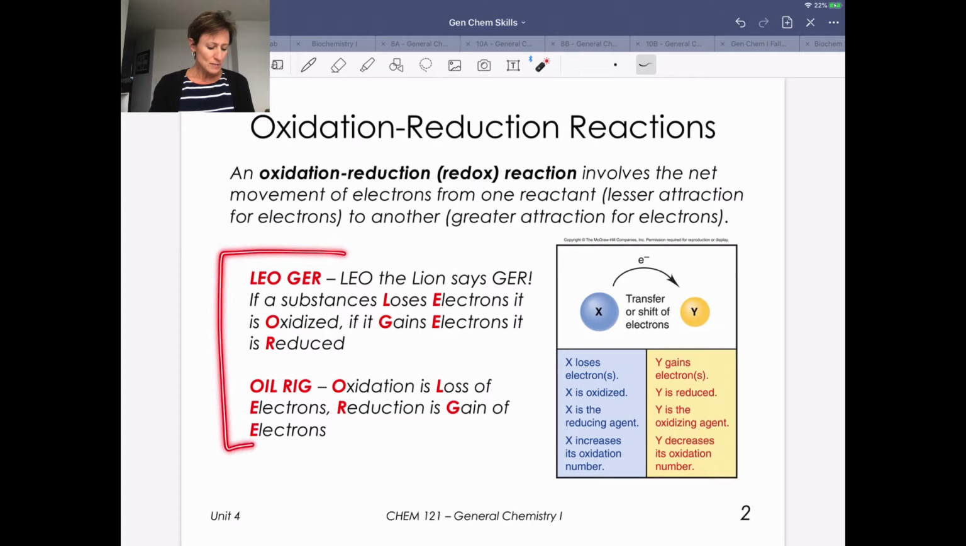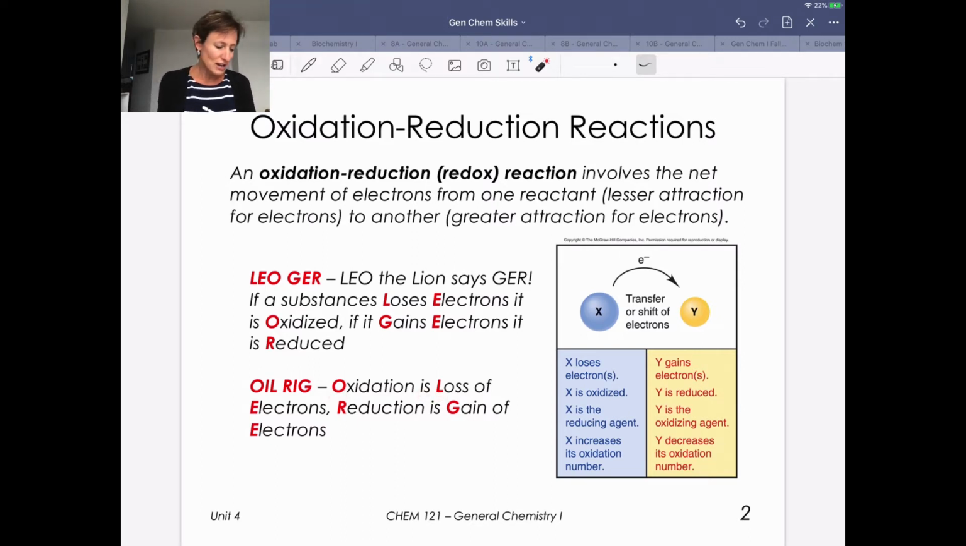And maybe if you've learned about this before, you fall into one of these camps, either the LEO-GER camp: LEO the lion says GER. This is just an acronym to help us remember that if something loses electrons, it's oxidized, and if it gains electrons, it's reduced. Or maybe you're of the OIL RIG camp, where oxidation is loss of electrons,